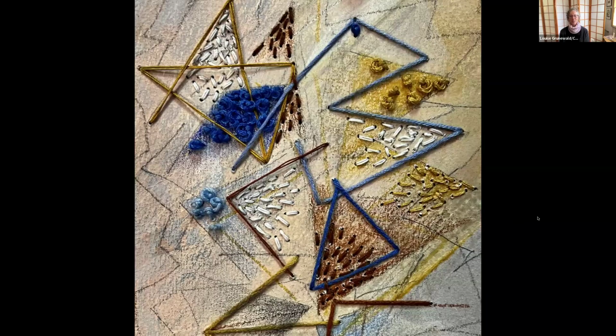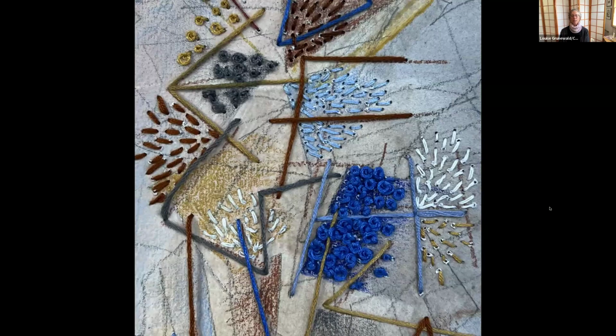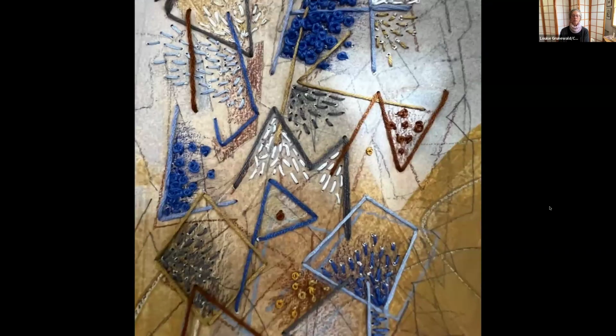And finally, this is the piece that was the end of my experiments. I'm finally ready to move on because my printing press is calling me. And once again, I had a piece of paste paper, another piece of paste paper that I had written an alphabet on, sort of an angular alphabet, and decided to add stitching to it. So this is how I went down the alphabet, starting with A through D, and then E through H. And just going along, trying to figure, where do I put French knots? Where do I put seed stitches? Where do I put other kinds of stitches? And based on the colors, the way the paper was in the background,